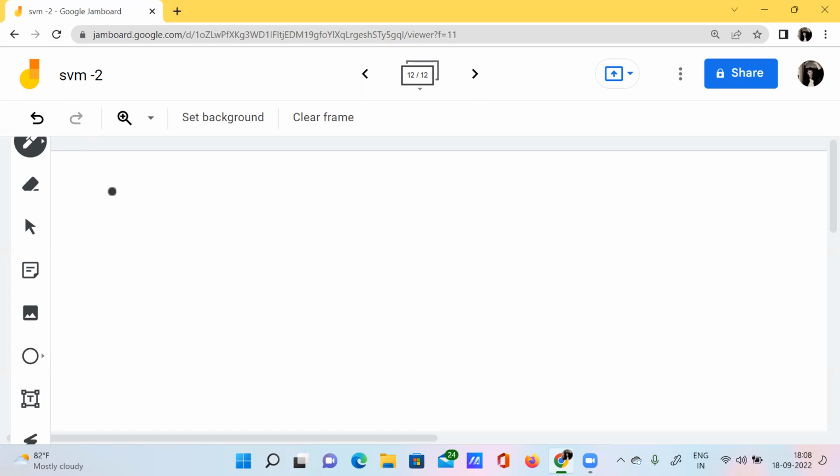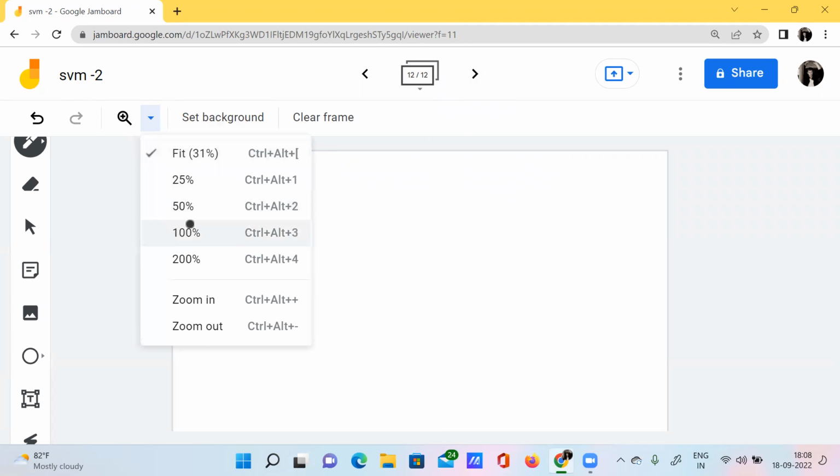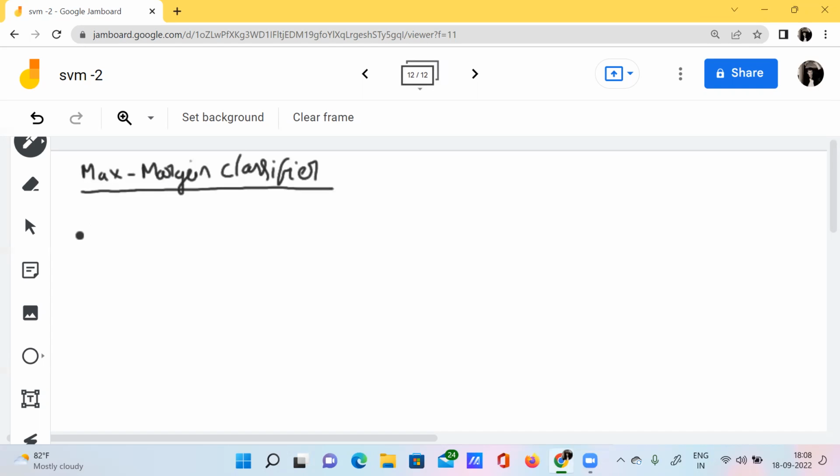We are constructing the maximal margin classifier with the help of these n training observations and the class labels which belong to either -1 or 1. Based on those criteria, we are going to construct a maximal margin classifier.